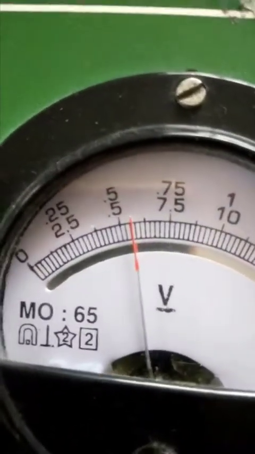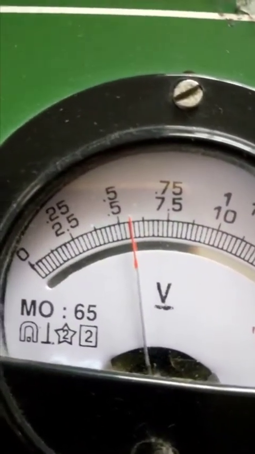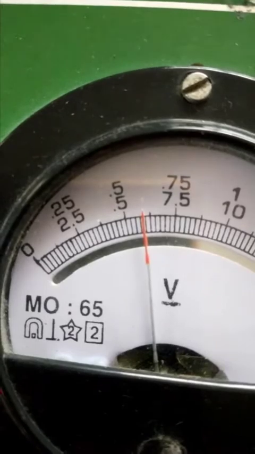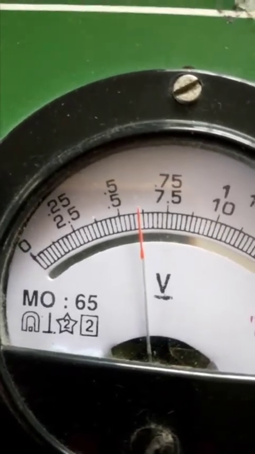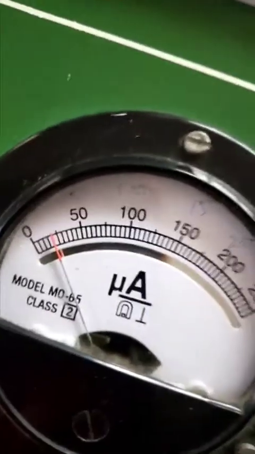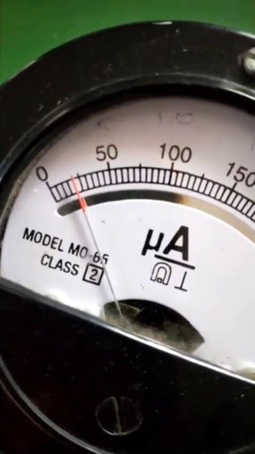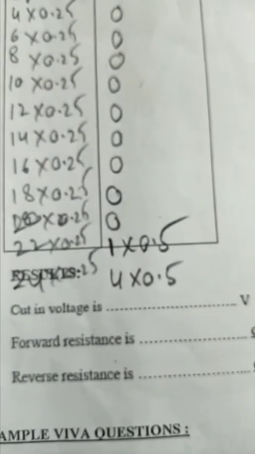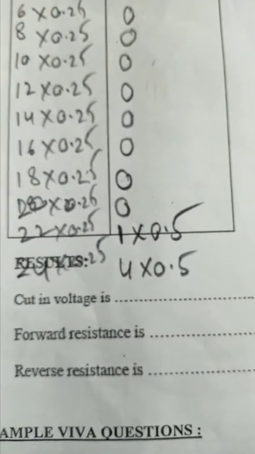Now I'll change to the 24th line. I'll change to the 24th line slowly. 24th line. See, rapidly the current is changing. Correct or not? It is the fourth line. Fourth line. See here, fourth line. So first line to fourth line is changed. 0.5 you will get, 4 into 0.5. Correct or not? See, clearly I'm showing here the fourth line at the 24th line.